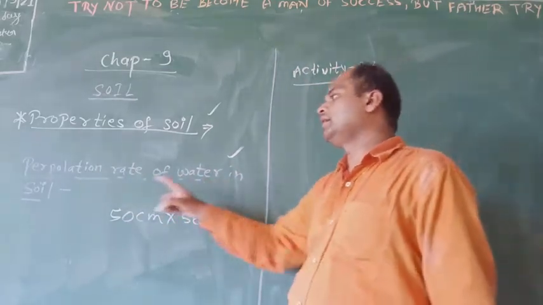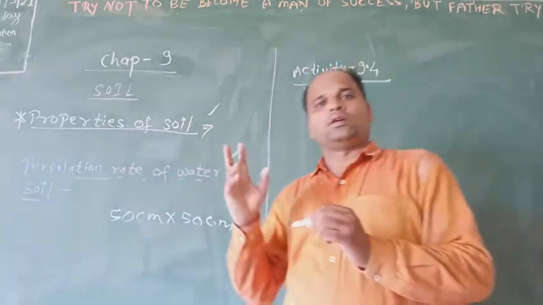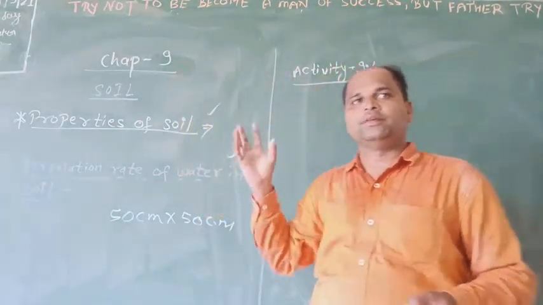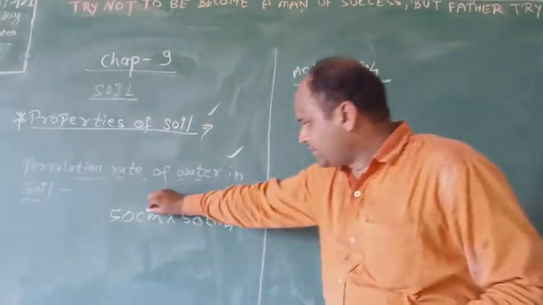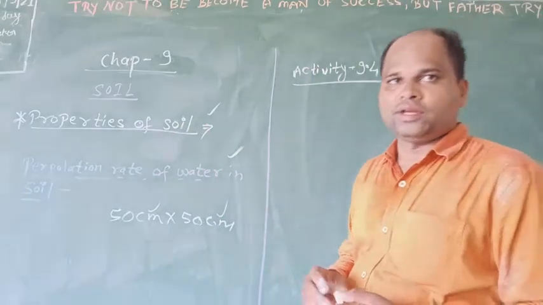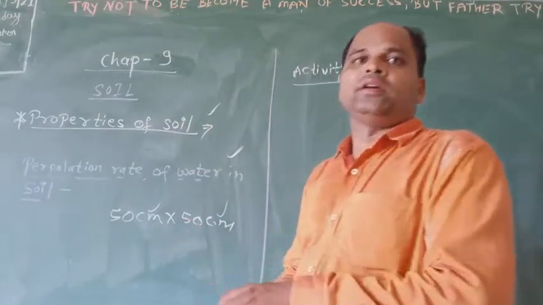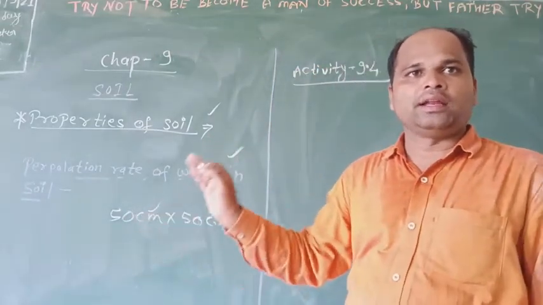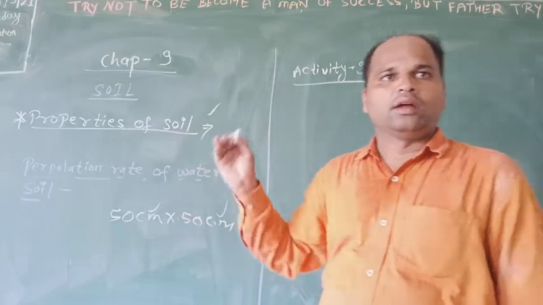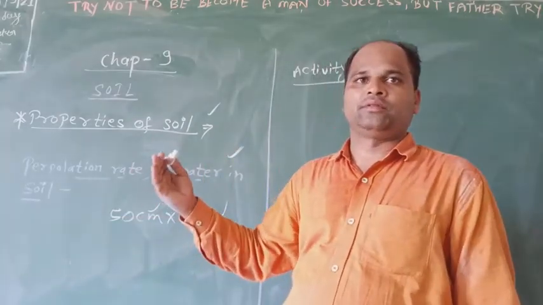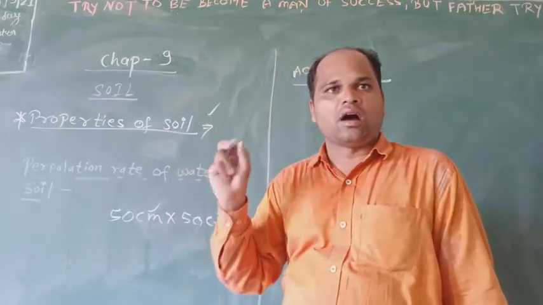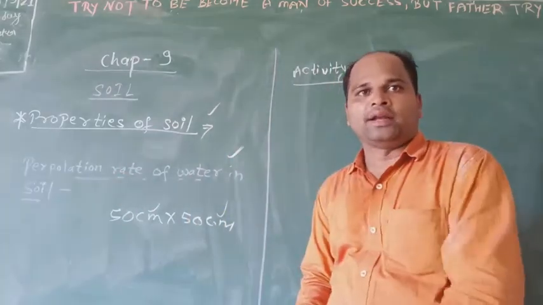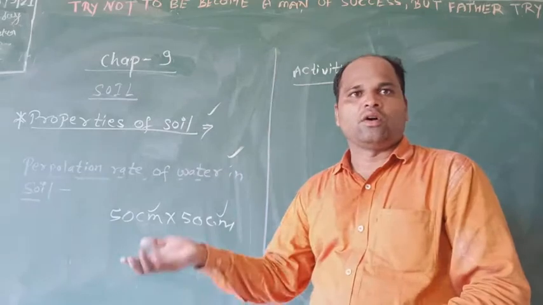percolation rate of water in soil. Boojho and Paheli, two students, mark two different squares of 50 cm by 50 cm each, one on the floor of their house and the other on the kacha or unpaved road. They filled two bottles of the same size with water, and emptied the water from the bottles on each.